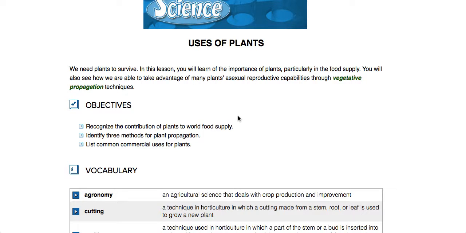If someone said to you, could you name a fruit? Obviously, your first responses would be, I could say an apple, an orange, a grape, a pear, a peach. Okay, but maybe you didn't know that nuts and grains are also fruits as well. Okay, so they come from the fruits of cereal grasses like wheat and rice and corn. Okay, and when you look at it and you think about it, wheat is really the world's most widely grown